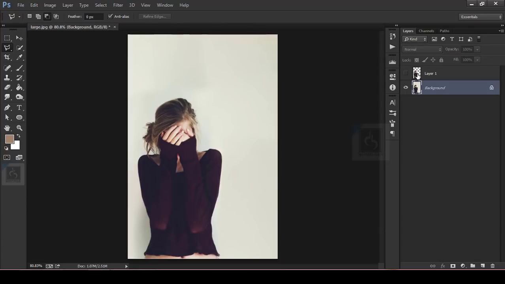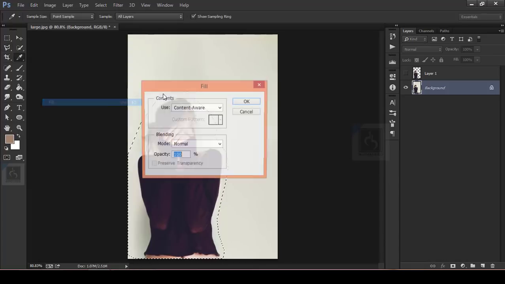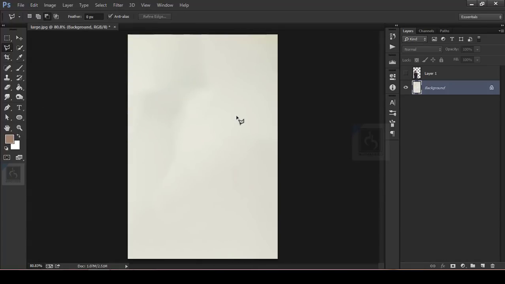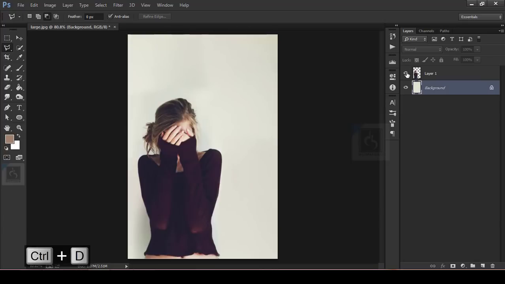So what I'm going to do is select the subject. I'm going to use the selection from layer 1 by holding Ctrl and clicking on the thumbnail. So it makes the object into a selection, right? And now I'm going to select this layer and go to Edit and make a fill of content aware. Okay. Yes, I have removed our subject from the background, and from layer 1 I can take our subject back,